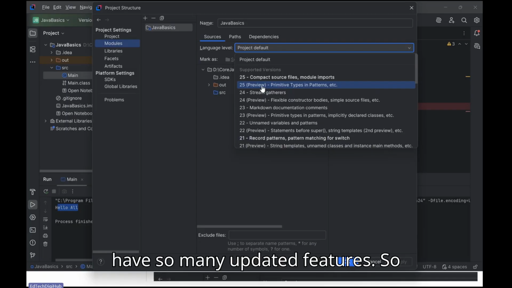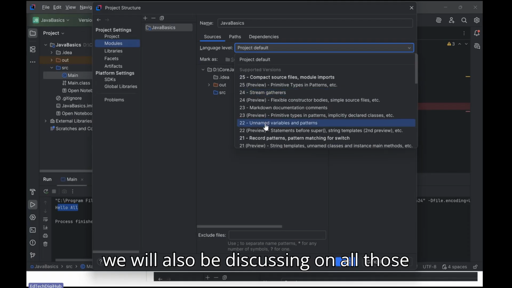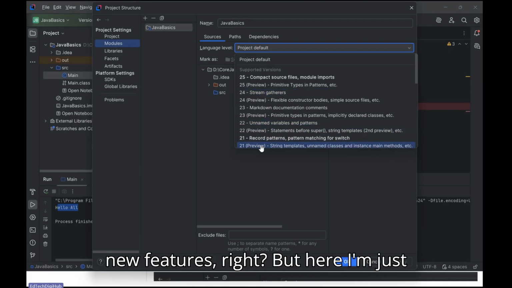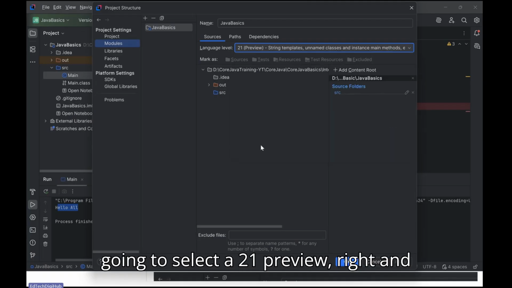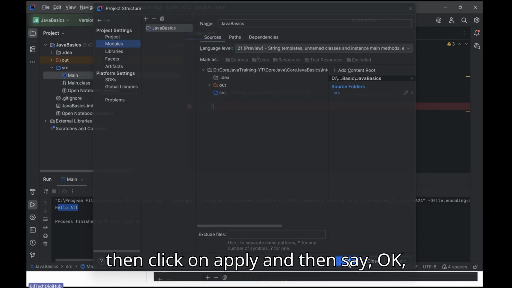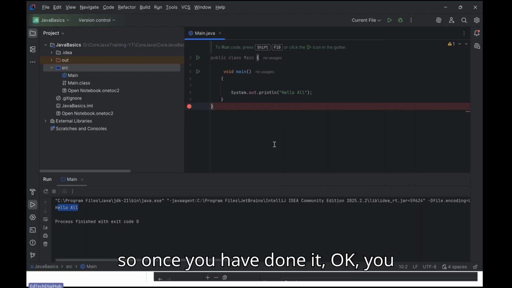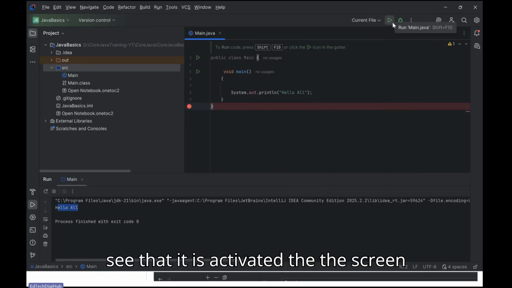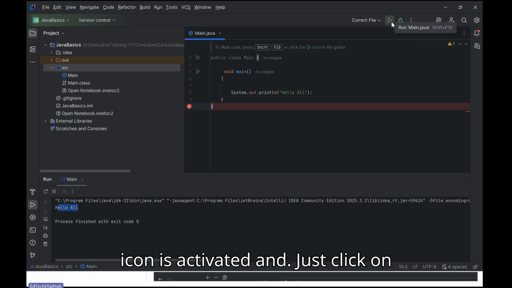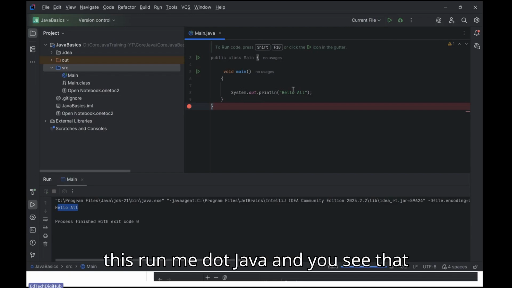So we have so many updated features now. We will also be discussing all those new features, right? But here I'm just going to select the 21 preview, and then click on apply and say okay. Once you have done it, you see that this green icon is activated. Just click on run Main.java, and you see that your program is running